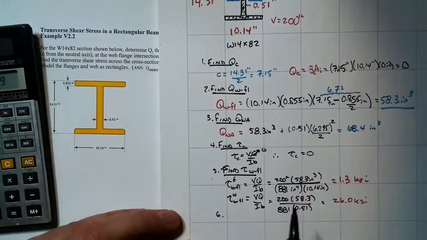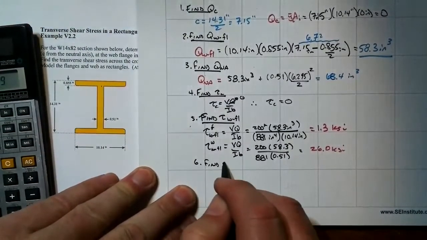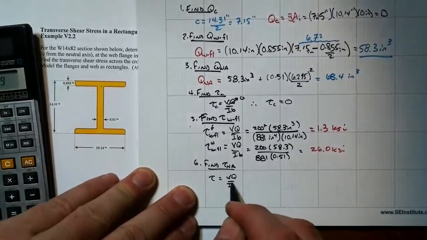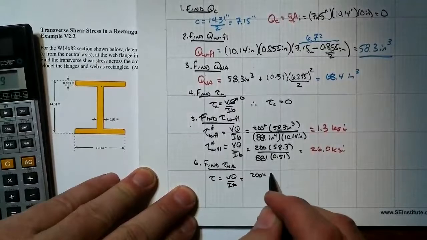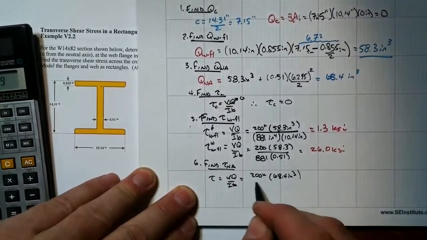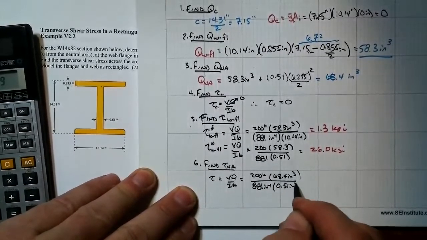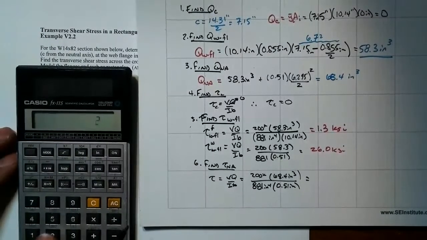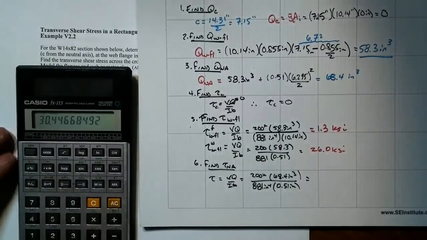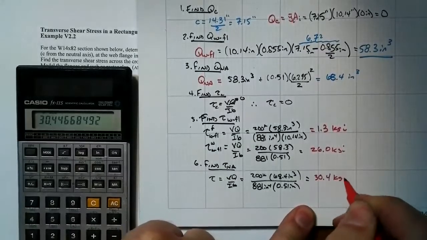So then I'm going to have to wrap the page around a little bit here. Then we'll find tau at the neutral axis, and same formula, VQ over IB. The shear is the same. The Q has gone up to 68.4 cubic inches over our I value, and our width is 0.51 inches, right? So then we'll have 200 times 68.4 divided by 881 divided by 0.51 equals 30.44, or about 30.4 ksi